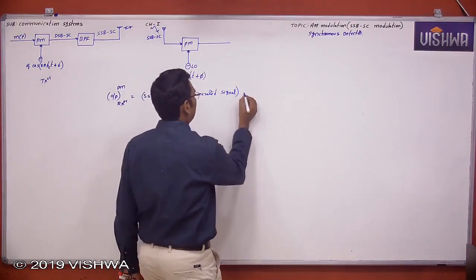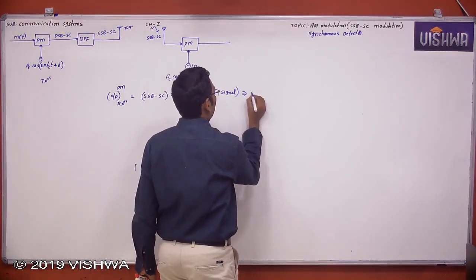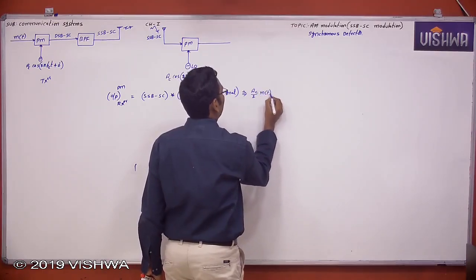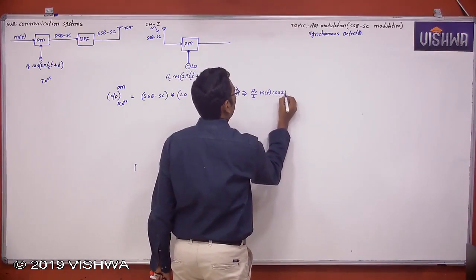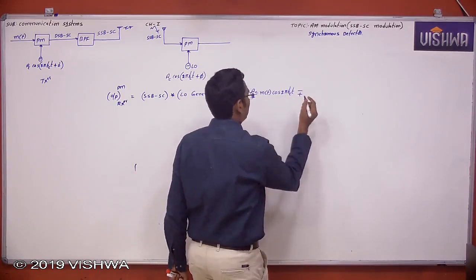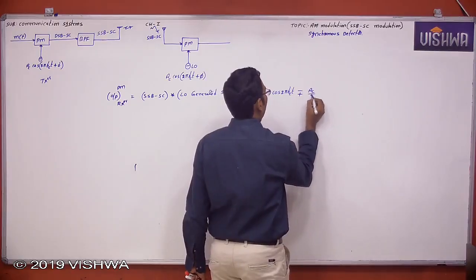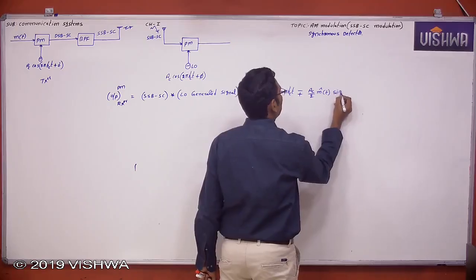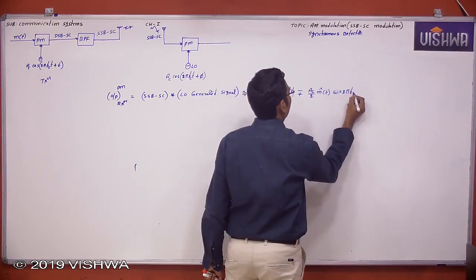The SSB-SC signal is A_c by 2 m(t) cos 2 pi f_c t minus or plus A_c by 2 m cap(t) sin 2 pi f_c t,